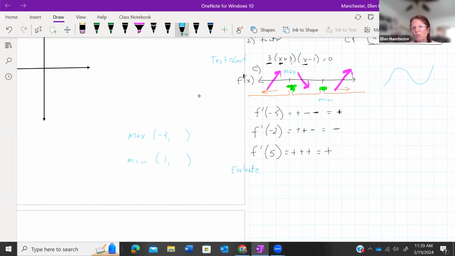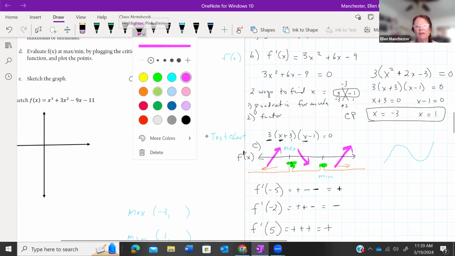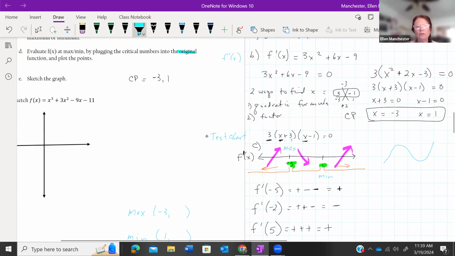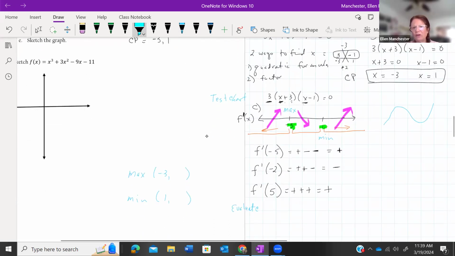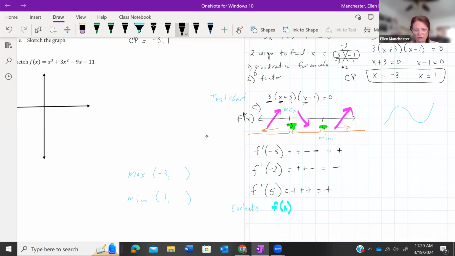We have to find out where they are exactly on the graph. So when you evaluate, you're going to plug the critical values into the original function. Original function, okay? Because we use the derivative on the test chart. When we evaluate, we go back to the original function. So we just plug them in. So the original function